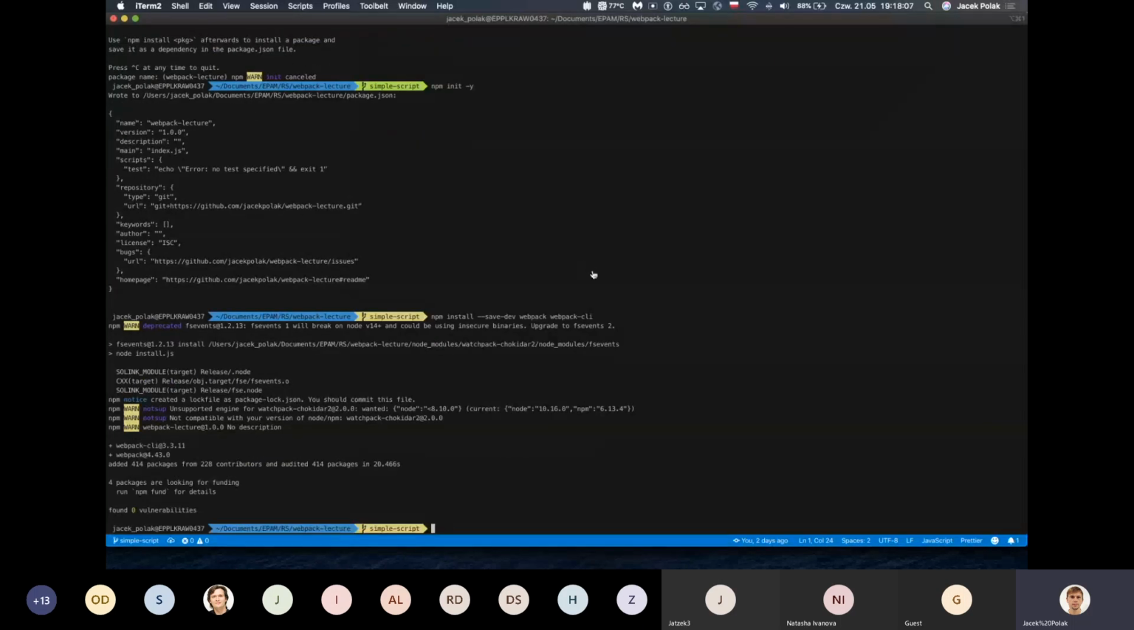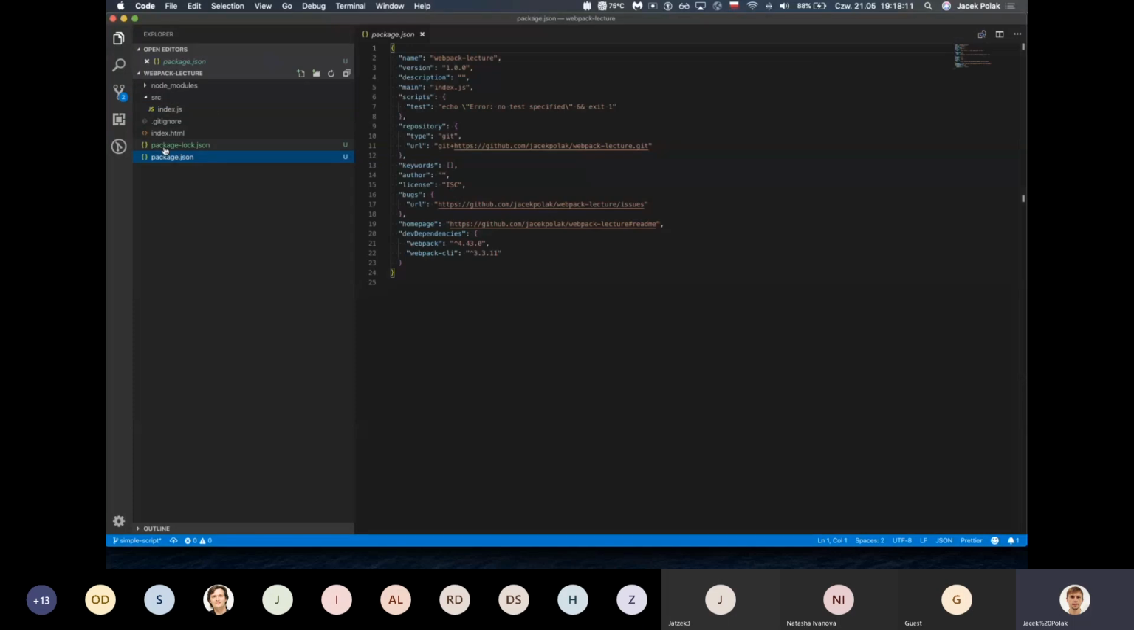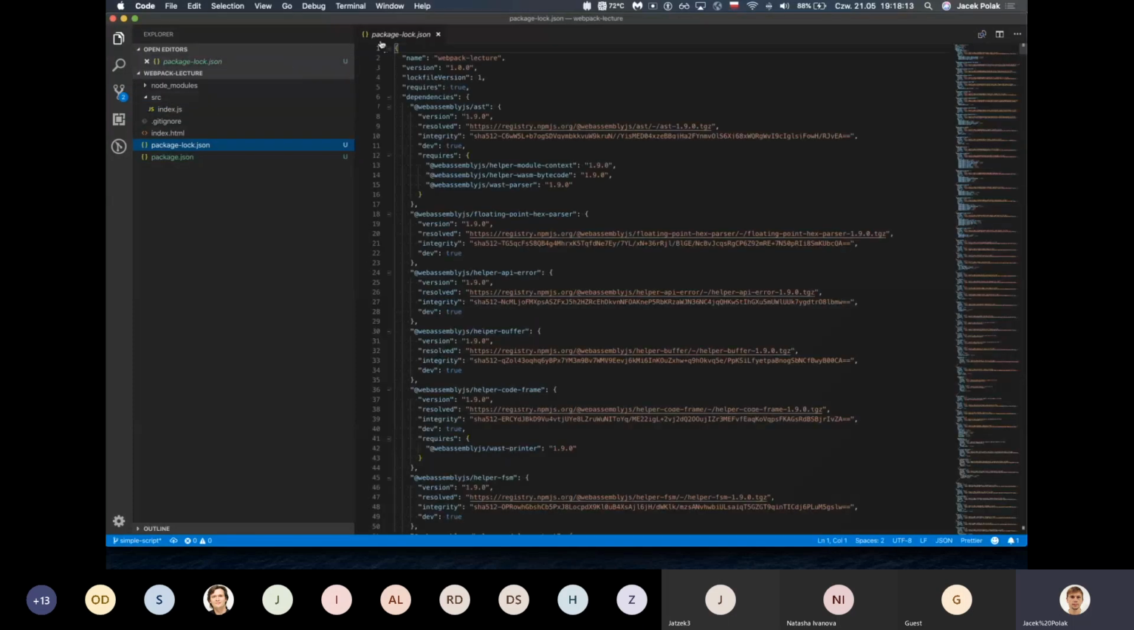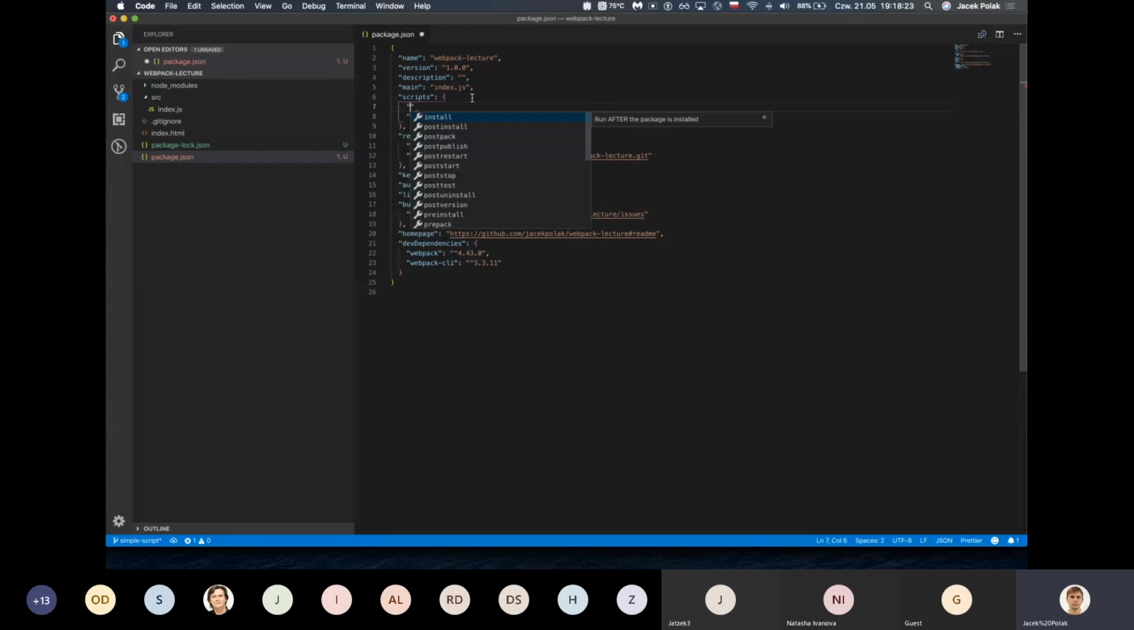And it's done. In our source code, we now have our package.json, and we have package-lock.json with our dependency modules, to keep them always the same. What we need to do is add build and say Webpack. Great. Save. And in our terminal,